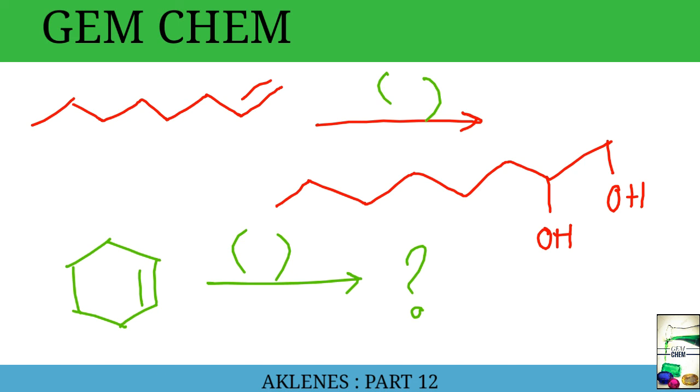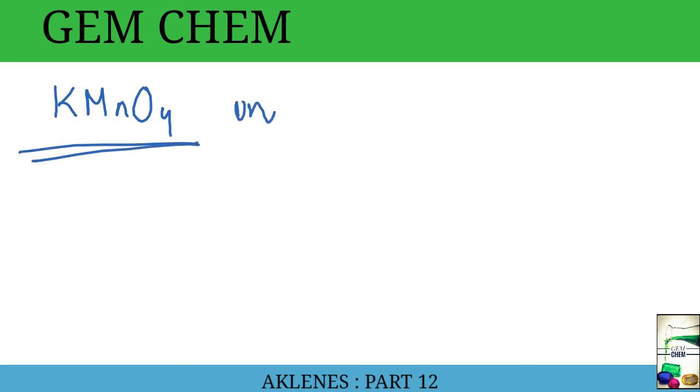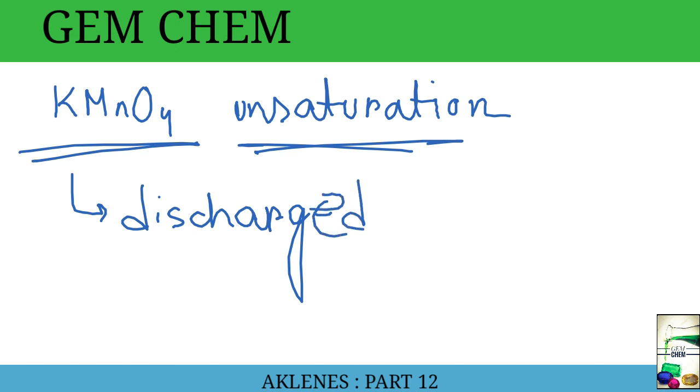Right. Now remember, during our previous classes when we were learning, we had learnt about the KMnO4 test for unsaturation. Right. So this reaction is actually that reaction. This reaction helps us to detect the unsaturation, as when unsaturation is present, the color of permanganate ion will be discharged after oxidation at the double bond. So we have seen the oxidation, right? So the permanganate color gets discharged, and this is how we have seen the test for unsaturation.